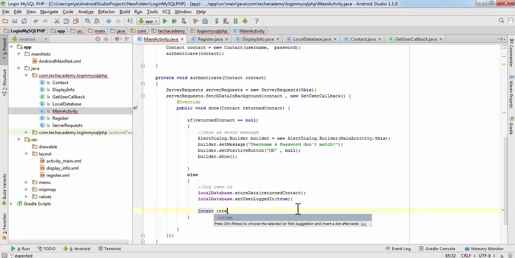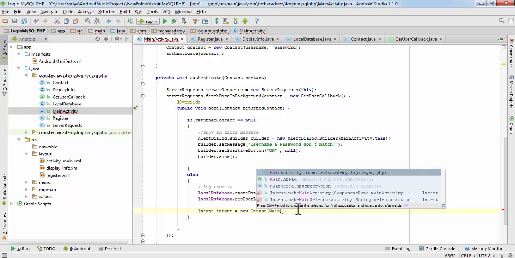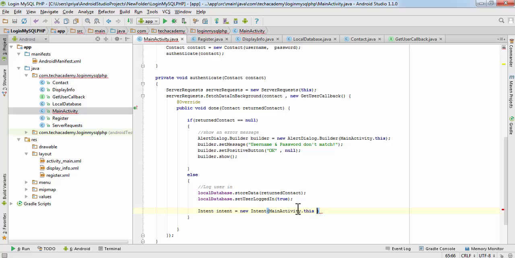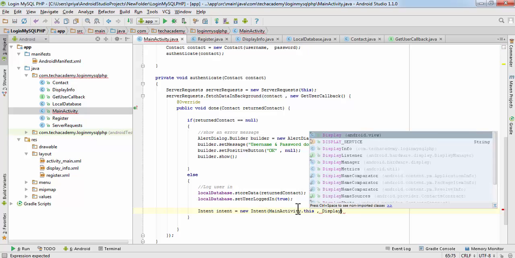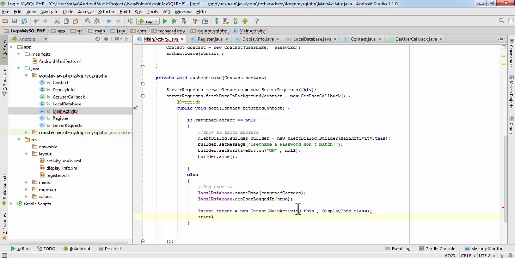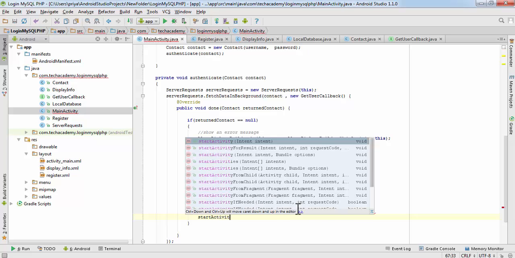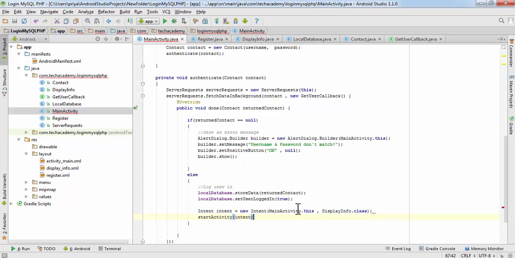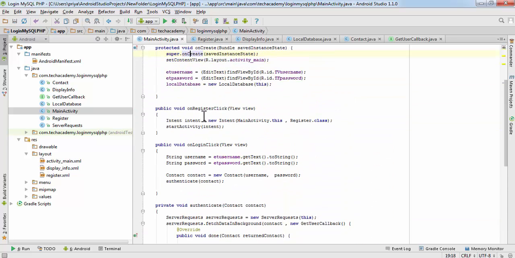So write intent equals new intent main activity dot this for the context, and display info dot class, and then start the activity, and here pass the intent. So the main activity is done.